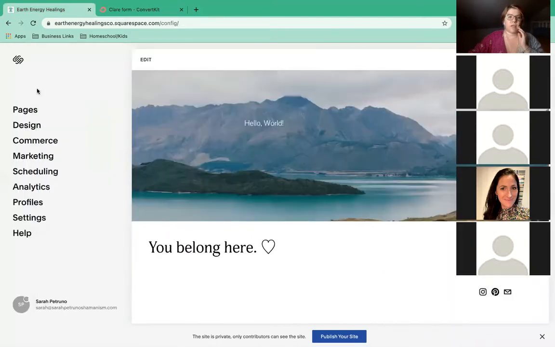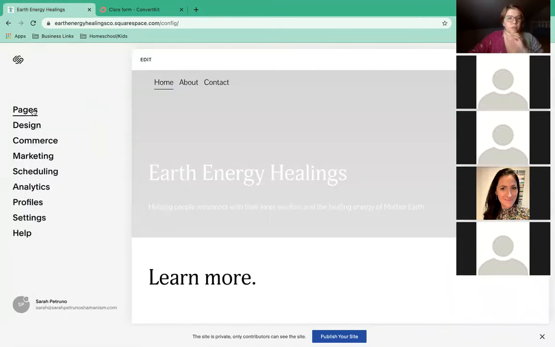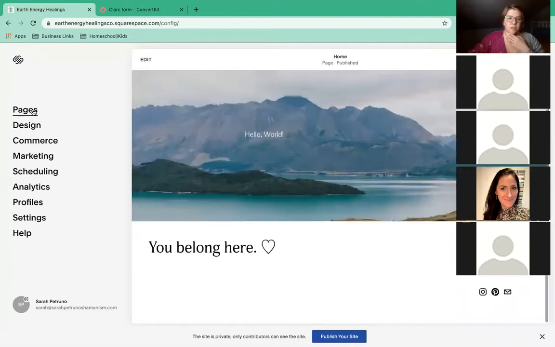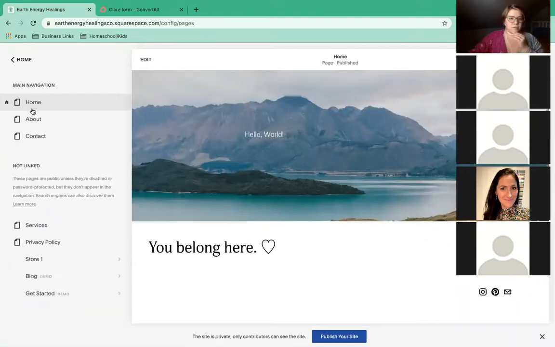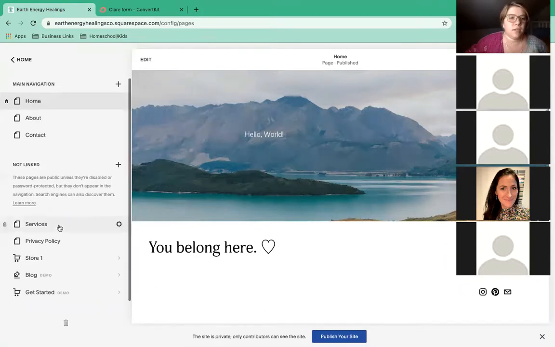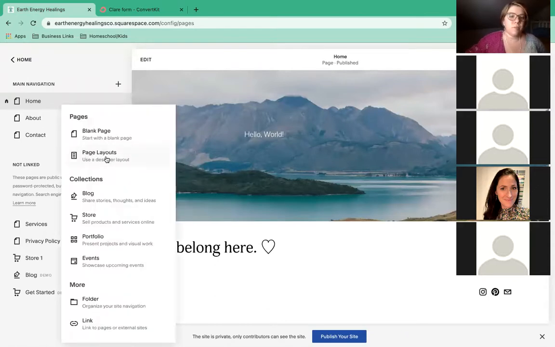is create a thank you page just so that people know that they're subscribed. Because if it redirects them to a page on ConvertKit, it's a little bit weird. So what we can do here is we're going to create a not linked page because we don't want it on our navigation bar. So go here, go to page layout,